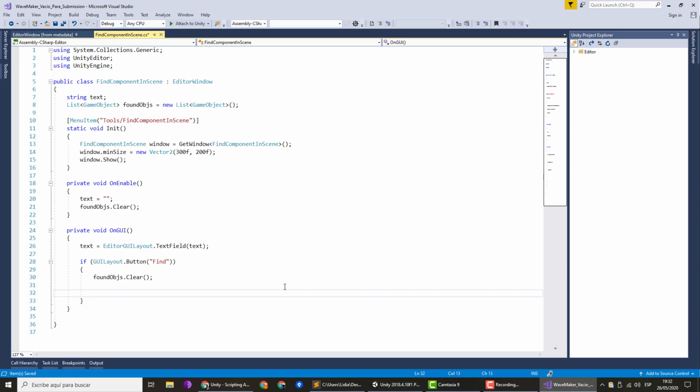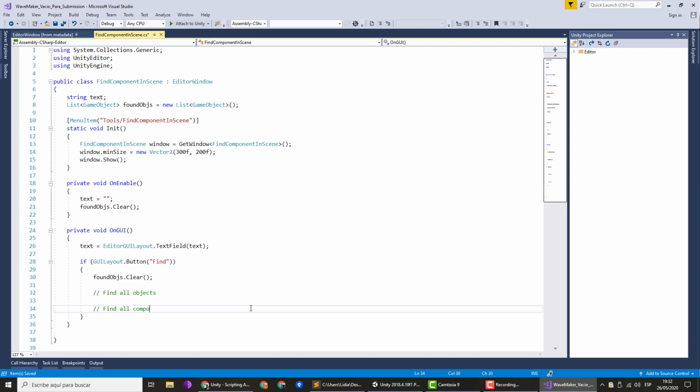And then for each object we need to get all the components in each object and see if their name matches our text. I want to test the name of the objects too, so it gives you the objects with a given name or the components with a given name. I don't know, it's my choice. So what I chose to do, and it works really well: we clear the list, and then we find all objects, and then for each object